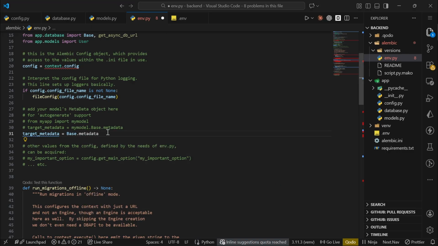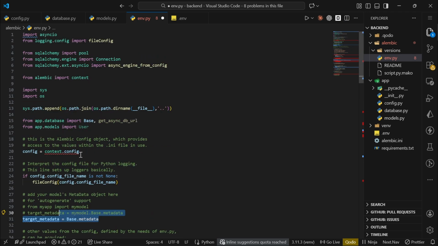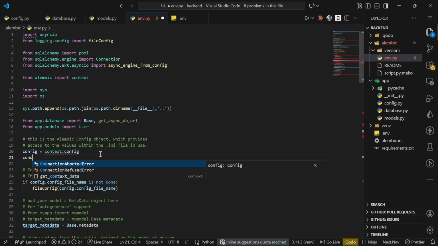And this line answers the simple question that is the key question in this file: which table should I track? Now, Alembic can detect the user table, detect future models, and auto-generate schema changes with this change we have made right here. Find this line near the top, config equals context.config. Immediately after it, let's add config